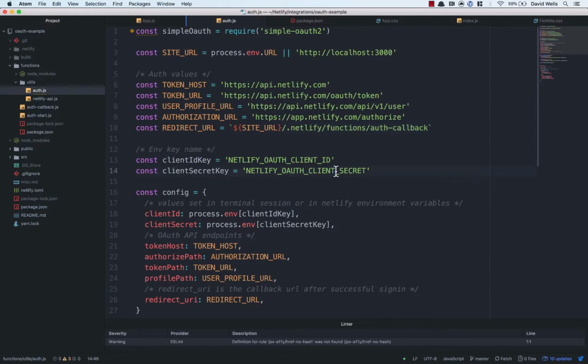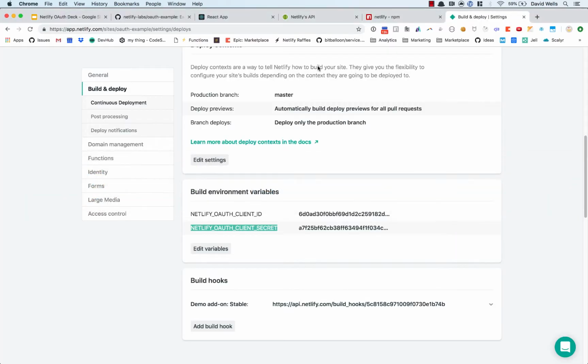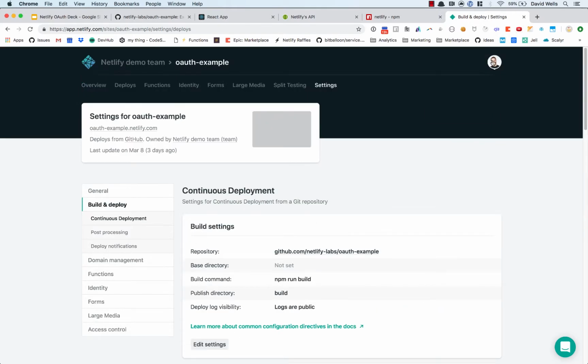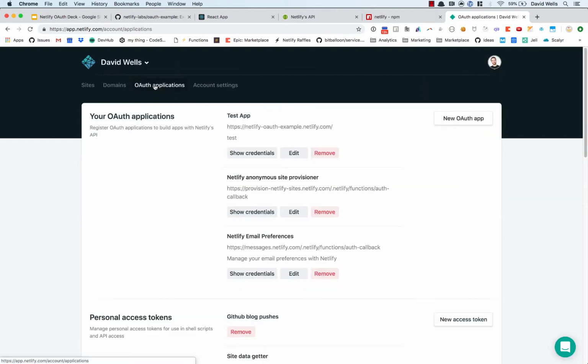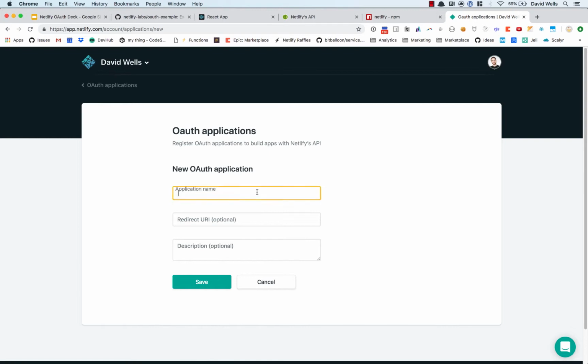Let's go into Netlify and create a new OAuth application just to see what that looks like and where those settings are input. So under account settings, under OAuth applications, you will see your OAuth applications. You might not have anything here. I'm just going to go ahead and set up a new one. So testing OAuth, give it a name. The redirect URL is going to be your site URL back to that callback function. So in our case, it's actually going to be,